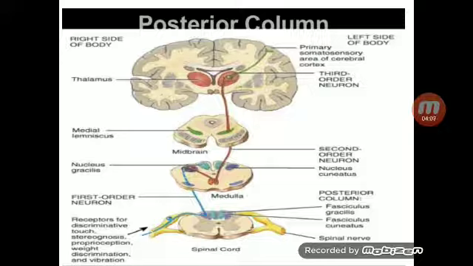So this pathway is ipsilateral till the level of the spinal cord. Now these first order neurons go up to the second order neurons, which are located in the posterior part of the medulla, shown in red color now. Fasciculus gracilis will synapse with nucleus gracilis and fasciculus cuneatus will synapse with nucleus cuneatus, again on the same side. Now these second order neurons bundle up and cross over to the opposite side. This crossing part is called internal arcuate fibers.